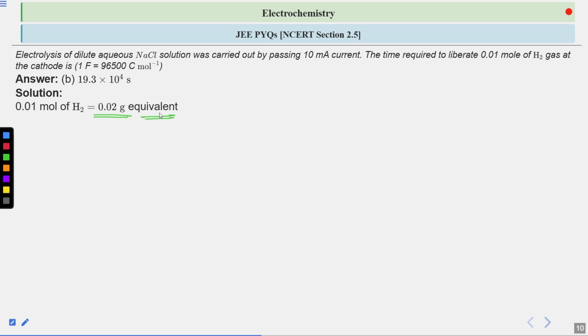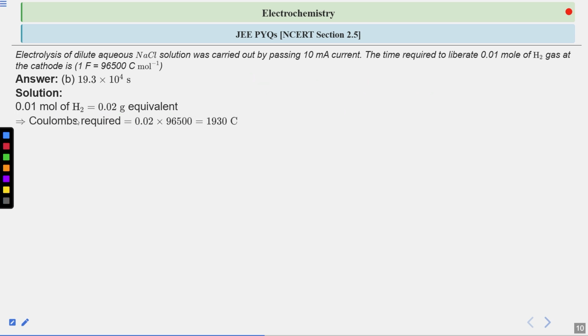If you are talking about the mass, 1 mole of H2 means you have 2 gram of H2, right? Because H2 means 1 gram plus 1 gram. Similarly, if you are talking about 0.01 mole of H2, then since 1 mole means 2 gram of H2, 0.01 mole means 2 times 0.01, that is 0.02 gram equivalent, right? We just apply the unitary method,